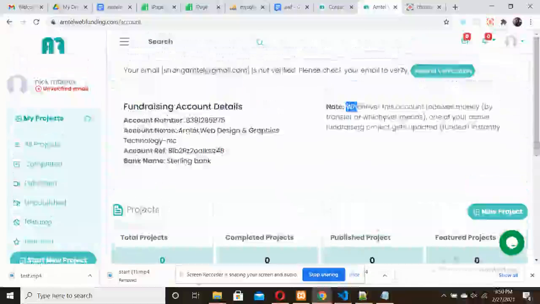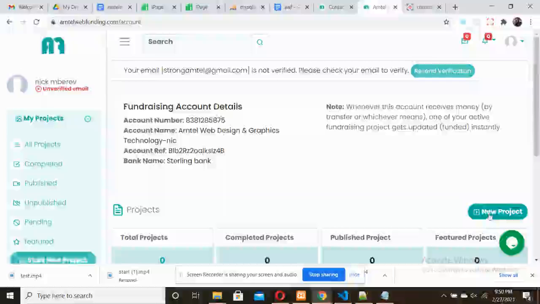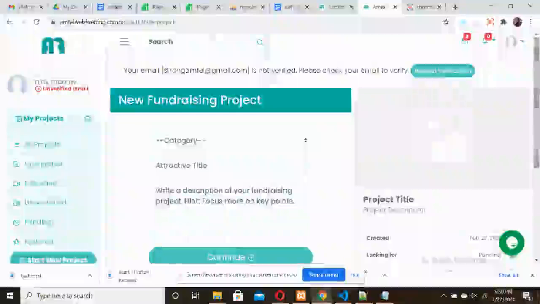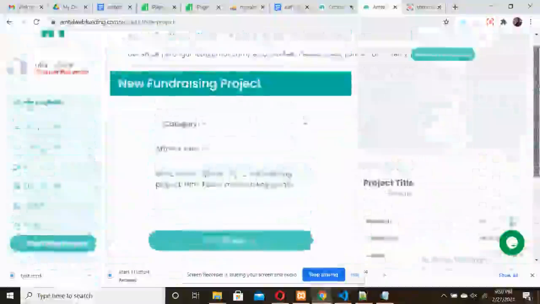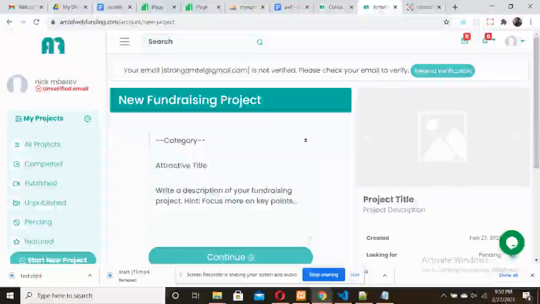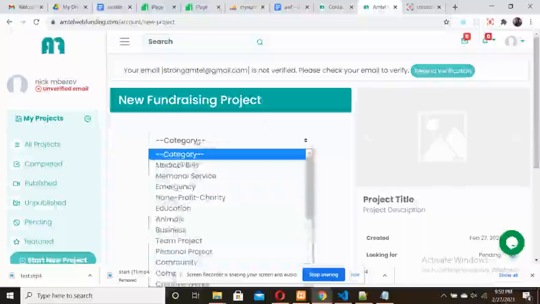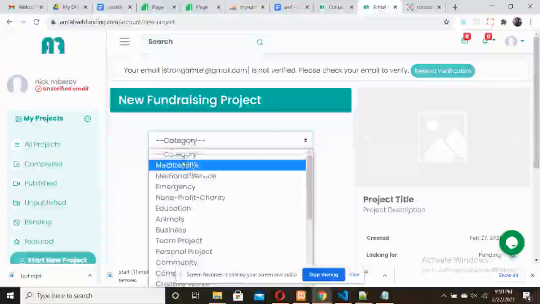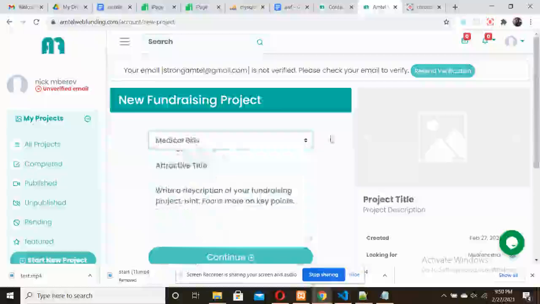instantly. So once you're here, you can either start a new project or you can click on this button here, new project. So at this time, it's expected that you have prepared your content. That is, you know exactly what you want to raise funds for. You know why people should help you raise funds for that particular cause. In this case, my fundraising is for medical reasons, though this is just a sample. So it's for medical reasons. So I click on medical as the category, and the title, I have it already,